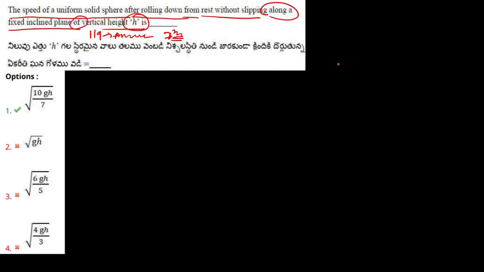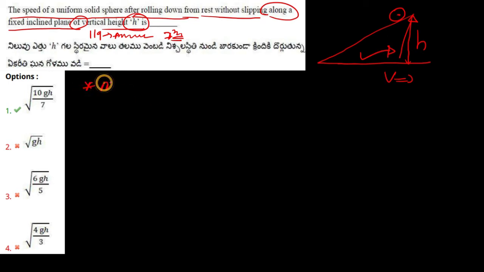So it means that a solid sphere is rolling down a fixed inclined plane with height h. So the height of this plane is equal to h. Now we have to find the speed of this sphere rolling down from this fixed inclined plane. Hope the question is clear. Now we know that for a solid sphere, the moment of inertia I is given by